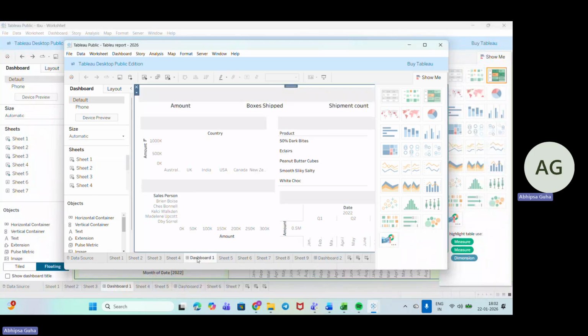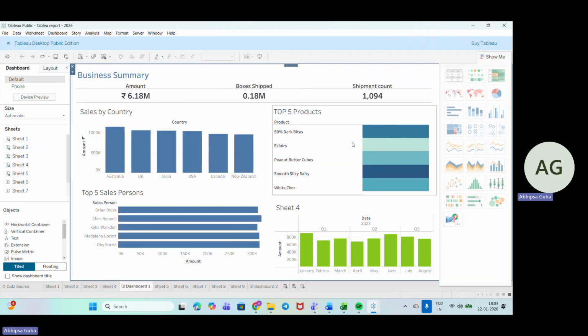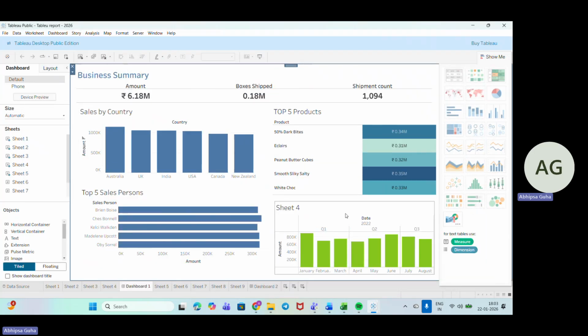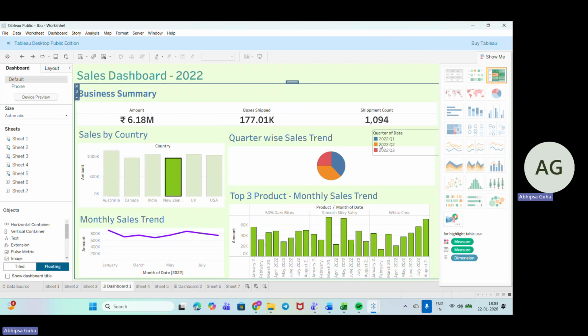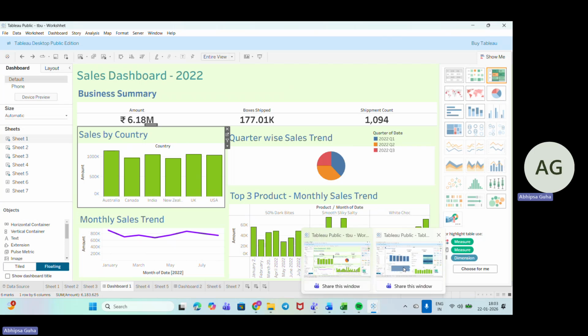So if I go down to dashboard one, here we have got this kind of graph. Okay, so here, if you can see, you can access it from here. You can access it from here. But this one looks totally different, right? This graph is totally different. So you can access it from here in your Tableau Public. But when you want to save it, you need to save it as Tableau Public as.